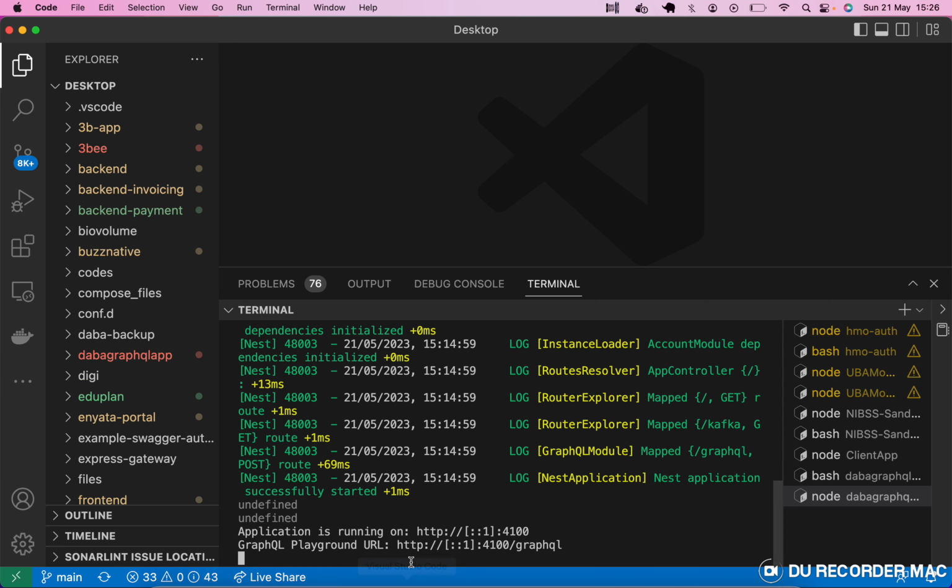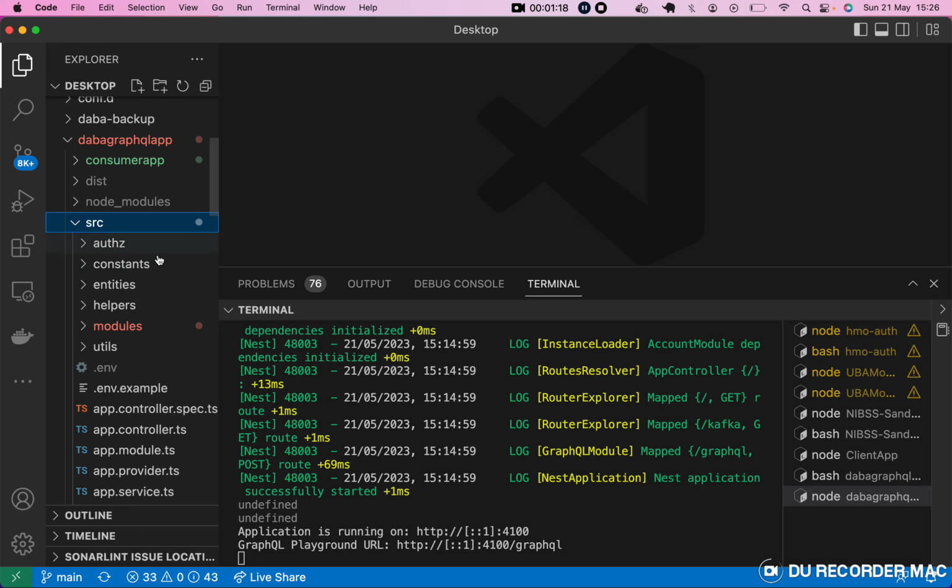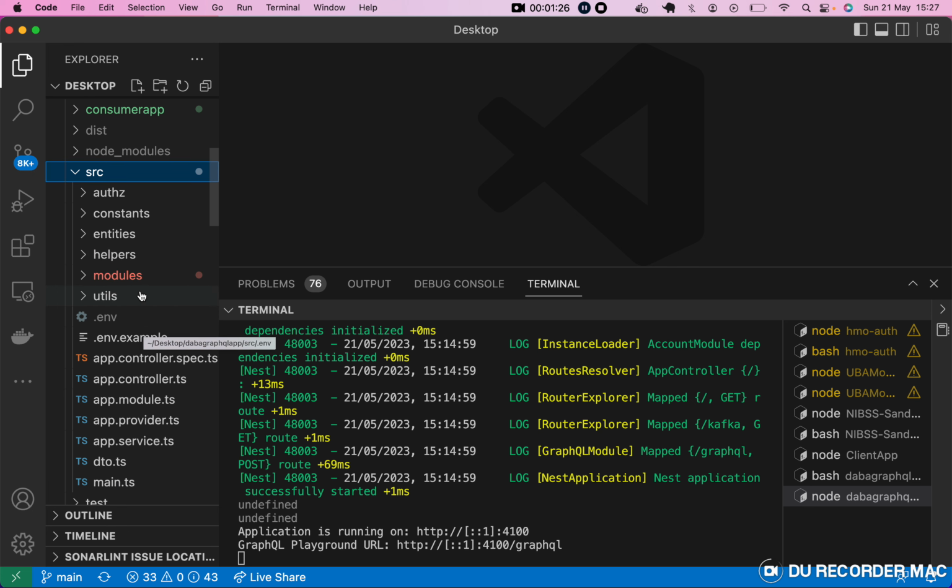I built this using Next.js, a Node framework, which is very, very good in enterprise applications particularly. And I'm going through the code. Let me just run you through the code. First and foremost, like I said, I'm using Next.js. So I decided to